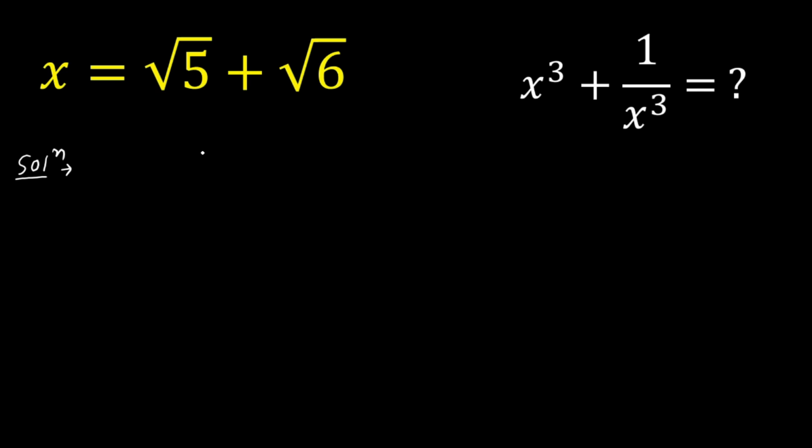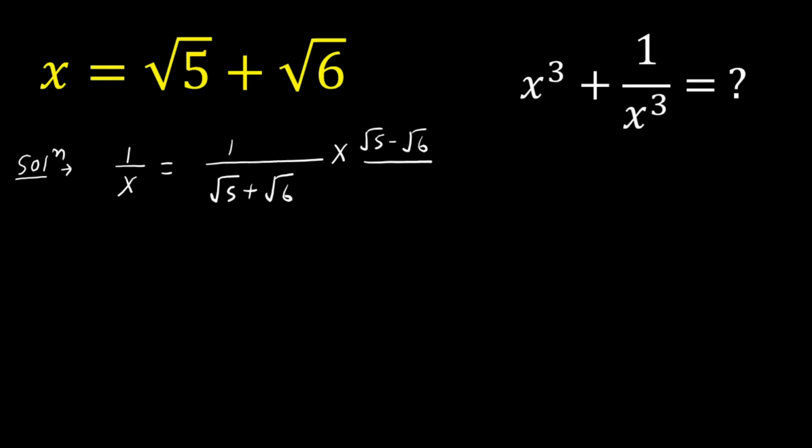So if we take the reciprocal on both sides, then on the left-hand side 1 over x is equal to 1 over square root of 5 plus square root of 6. Now if we multiply it by square root of 5 minus square root of 6 and divide by square root of 5 minus square root of 6, then on the left-hand side we have 1 over x, which is equal to square root of 5 minus square root of 6 multiplied by 1. Then here square root of 5 minus square root of 6, and divide by, in